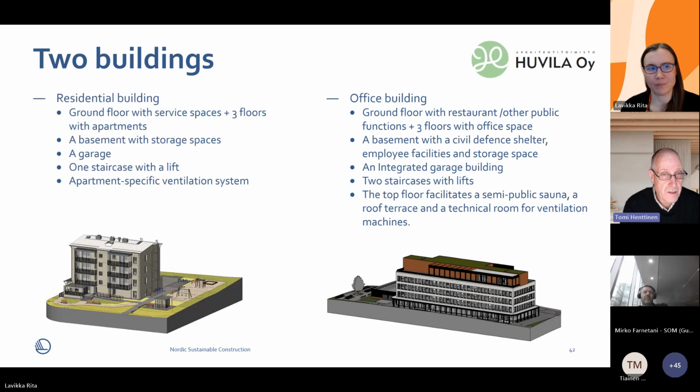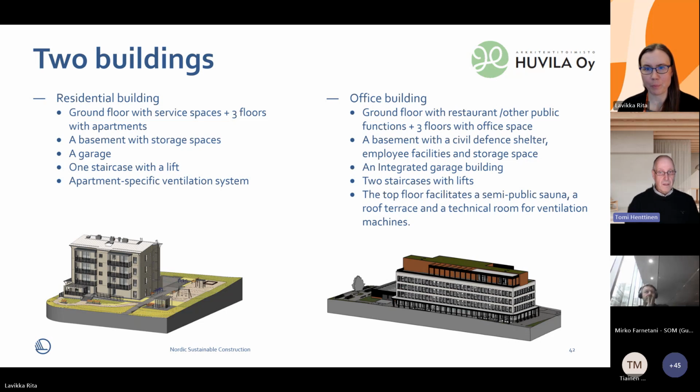So we had 2 buildings. We had a residential building with the ground floor with service spaces, and then 3 floors with apartments. So quite a small apartment building. There was a basement with the storage spaces and a small garage. 1 staircase with a lift, and the ventilation was an apartment-specific ventilation system,